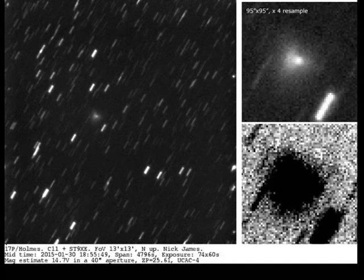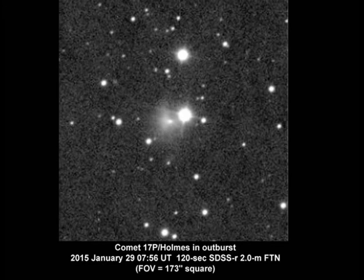So this comet is obviously prone to outbursts, and Richard will talk about that in the talk next, and some possible reasons for it. But it's interesting to compare this. This is an image taken with a Celestron 11 in Chelmsford. So you can see the nucleus here in this fan. This is an image taken with the Faulkes Telescope North 2-meter telescope on Haleakala, and obviously it has much better resolution. But it shows that even relatively small amateur telescopes can actually be quite useful for comet imaging in this